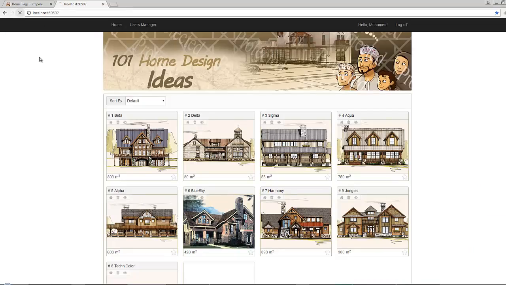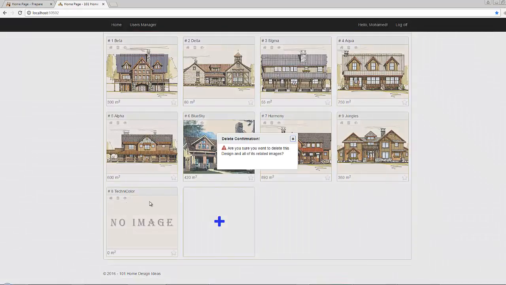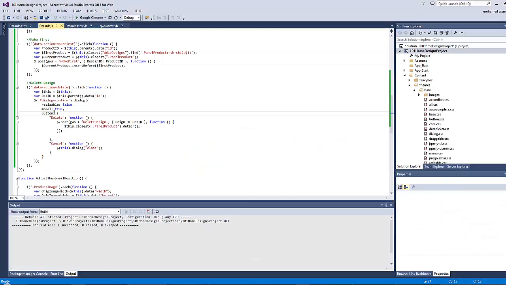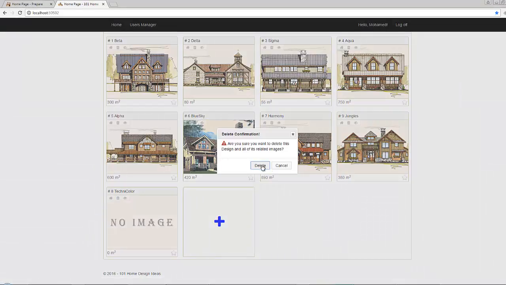Now let's refresh our page. Now let's, for example, click here and a dialog box will appear, but it seems that we have a problem here. So let's revise our code. We have missed here the letter S. So refresh again and click here. Okay, now we have two buttons and we have the confirmation. If we click on the delete button,